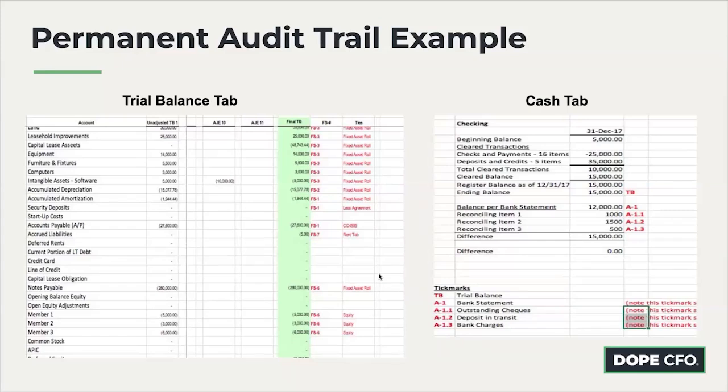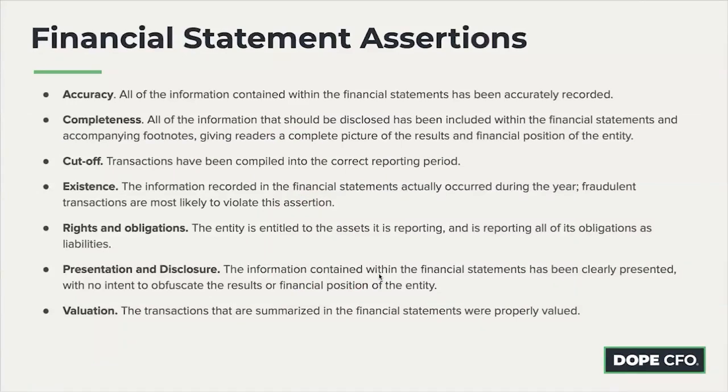You know, you can build somebody a beautiful report out of almost any software, and built on crappy data, it's worthless to managing their business or getting them audit ready as well. So this is a very important thing. So in our permanent audit trail, we'll have a trial balance tab, but there might be 40 tabs in this one spreadsheet tying out the whole entire month from start to finish.